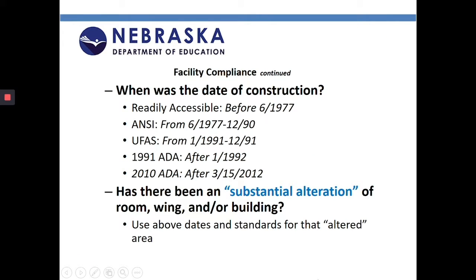One thing to look at when you're thinking about facility compliance is just understanding when the building was constructed, and then if there's been any changes like an addition or renovations, and looking at what year that happened, because then generally they're built to ADA compliance from that time frame or that year. So it's good to know, and it's good for us to know that as well as we go through that facility checklist.